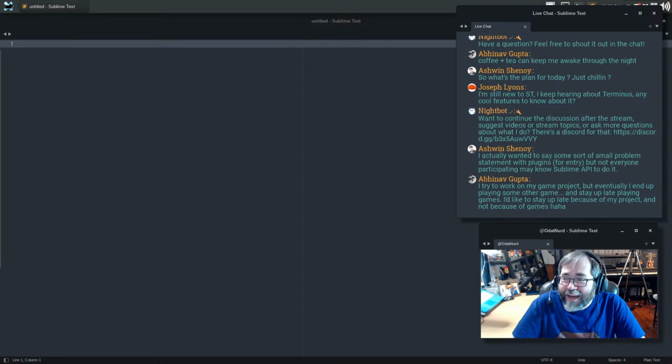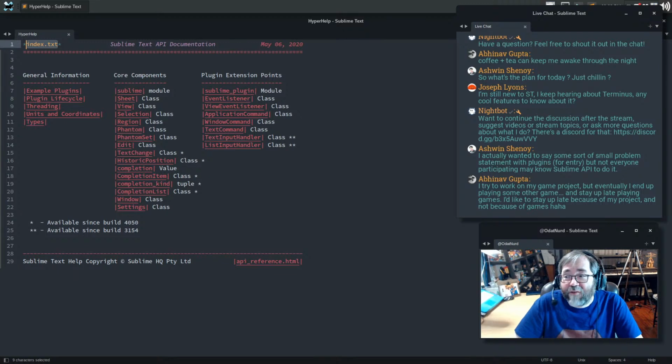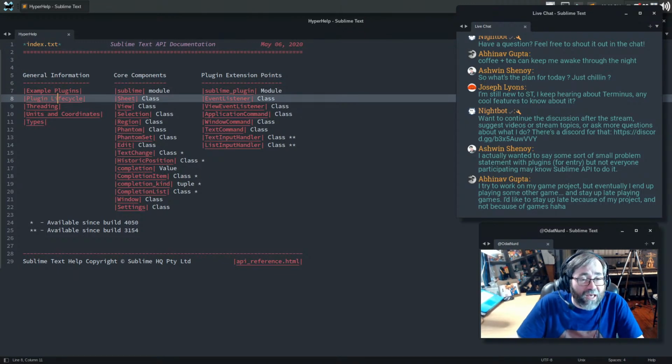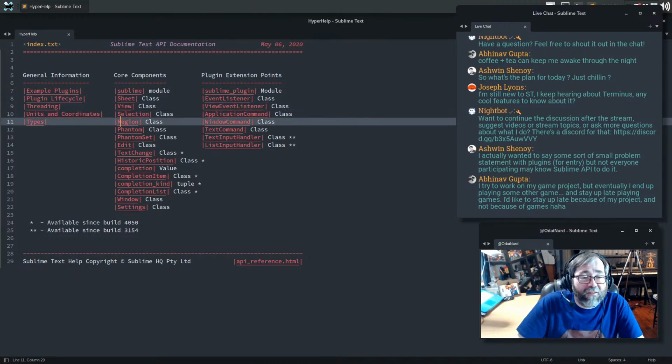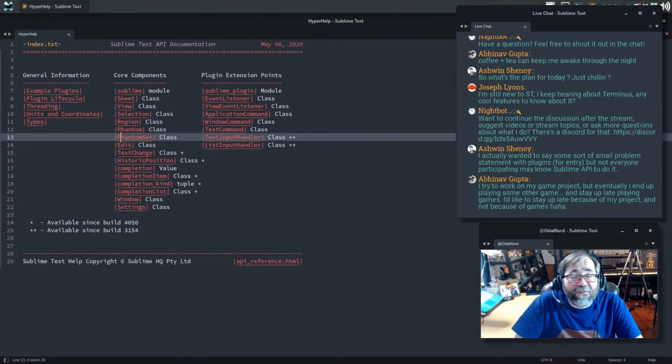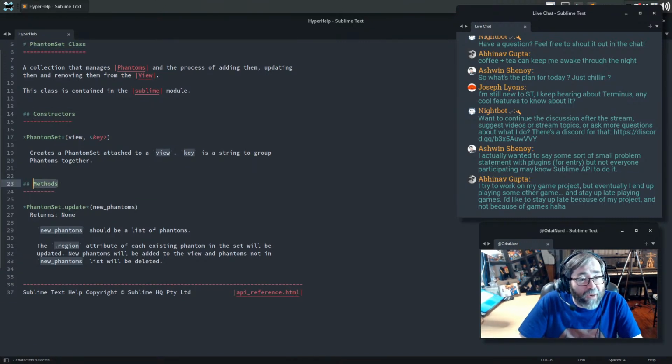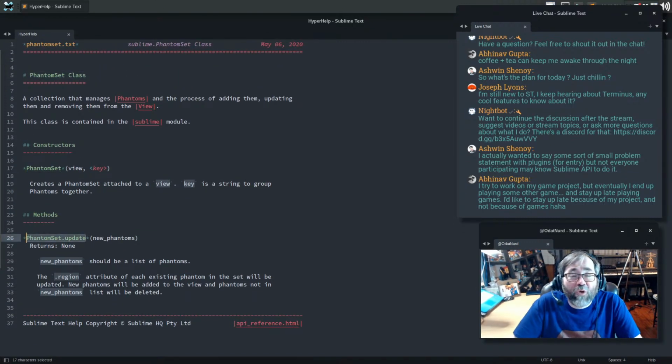Yeah. I actually kind of have a reverse problem for that sort of thing. I have a lot of projects that I'd like to work on. My HyperHelp system, for example, which is this thing here for displaying the Sublime Text API. This works. It's a very good proof of concept. It's 98% developed. There's some stuff that I'd like to do, but I was sort of holding off because I was waiting for changes that are going to happen in Sublime Text 4. The help that's in it is a little bit out of date. I haven't had a chance to do stuff, but by and large, this is something that I'd like to work a little bit more on.